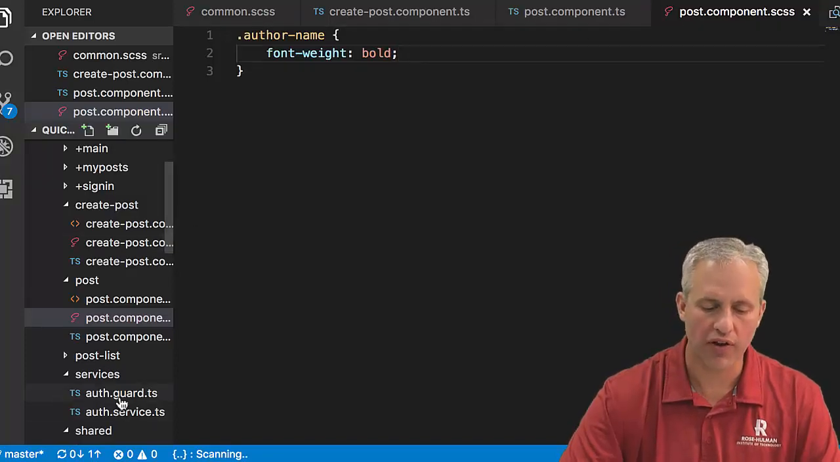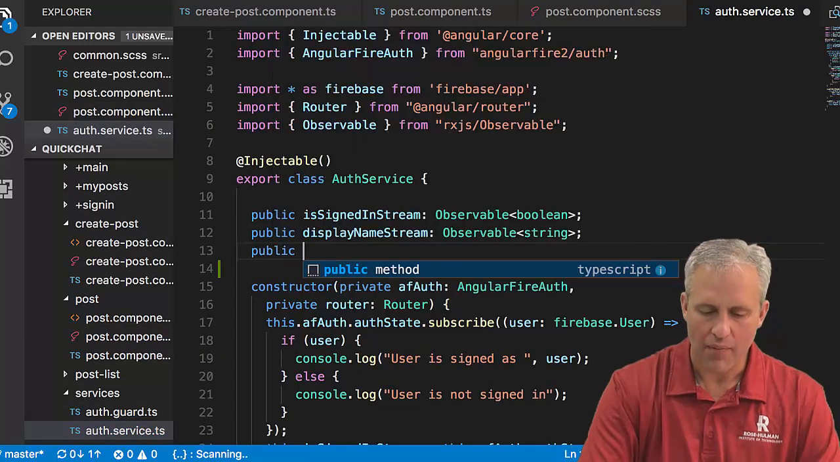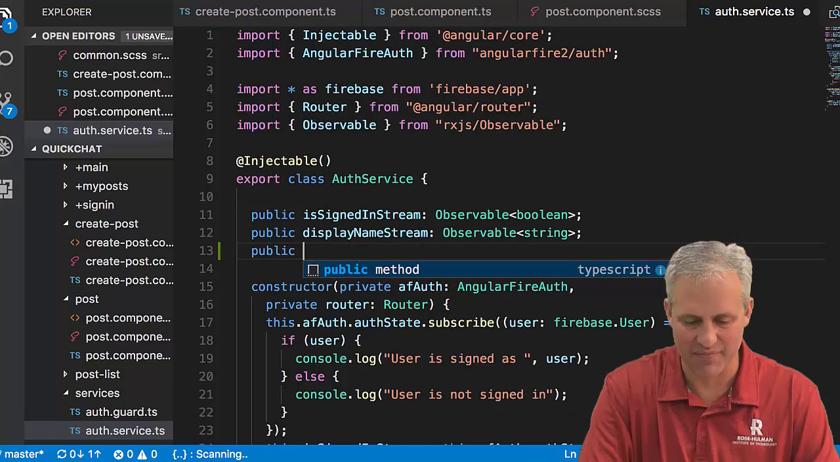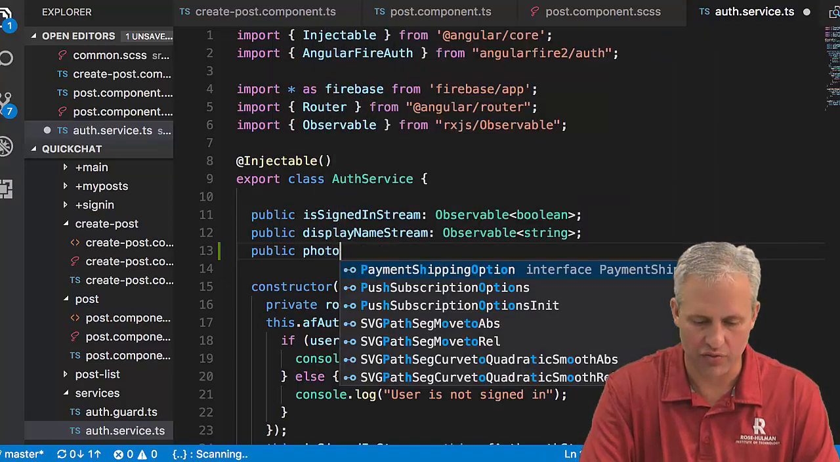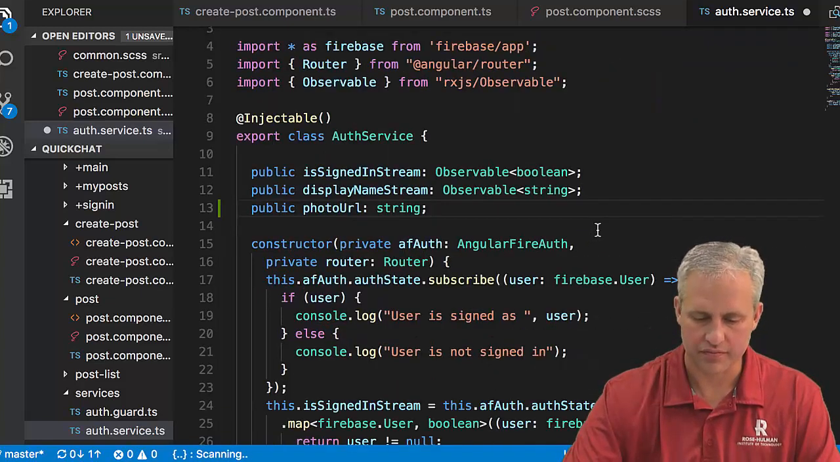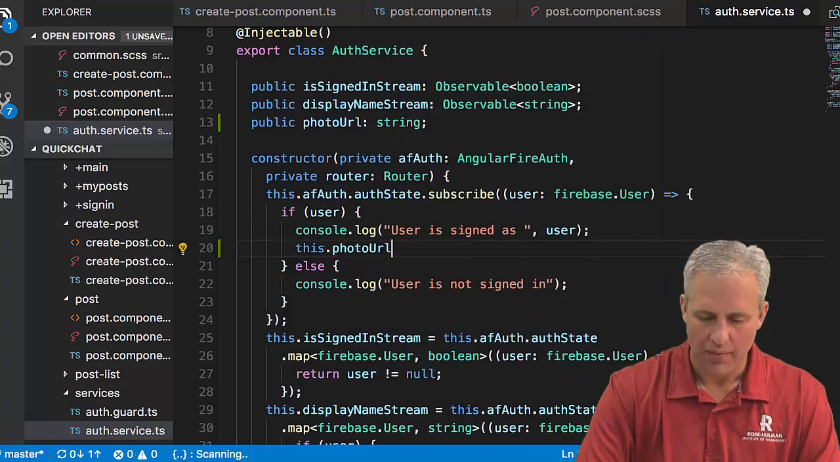So showing your profile picture, that's probably something the auth service should be able to do. And we'll do it. I'll tell you what, we'll do the same game. We'll do it as a variable together, then you make it a stream, right? And so this will just be your photo URL, which is just going to be a string, and the photo URL is equal to